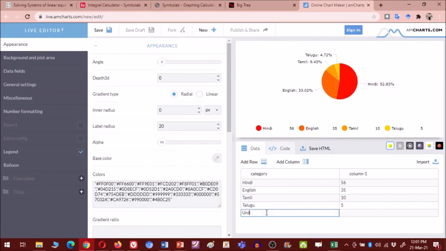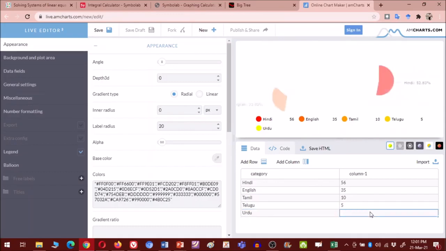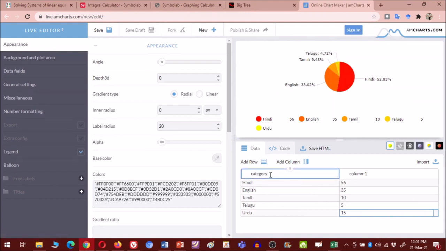Urdu newspaper, say 15. So I have created this. This is the newspaper, and this is my number of people using it.